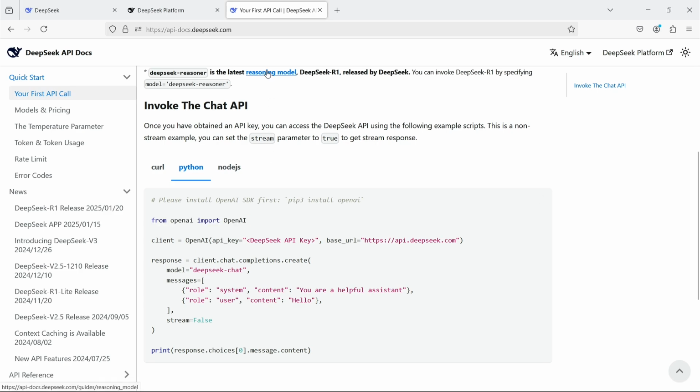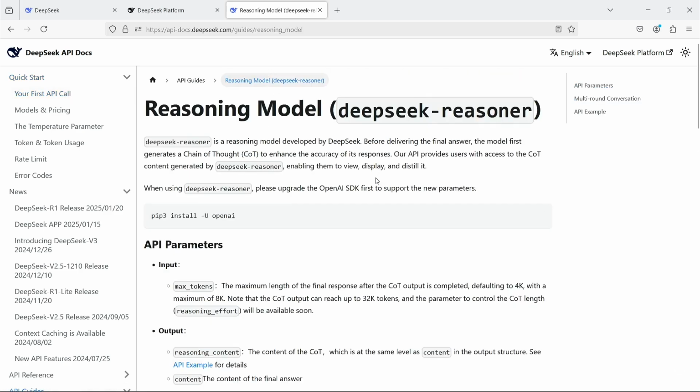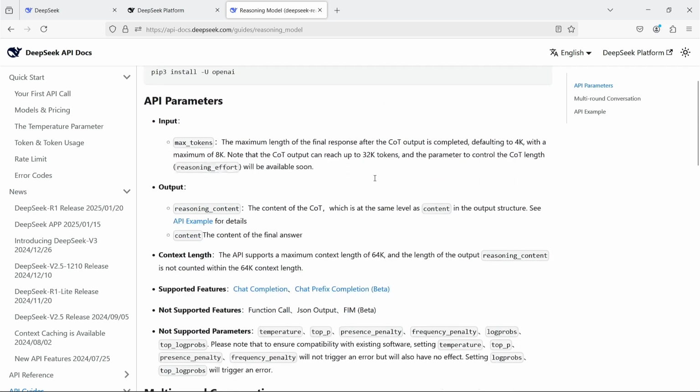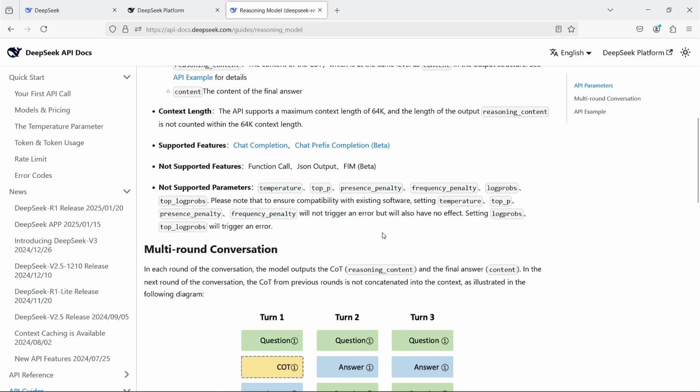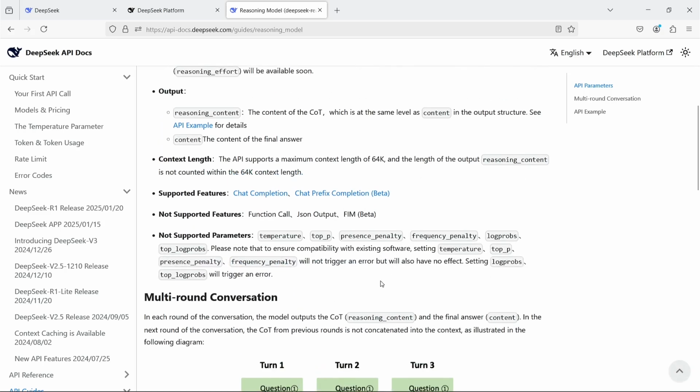But let's see what's hidden under the DeepSeek Reasoner documentation. You will find all the necessary information here, including the fact that the reasoning effort has not yet been implemented, but will be soon, allowing you to control the thinking process and at the same time the cost of reasoning tokens. Here is also a list of parameters that are not yet supported in this model, and as you can see, it is quite long. For many people, it is probably most important that function calling is not available, which somewhat limits the applications of